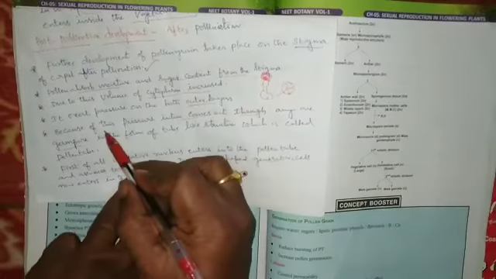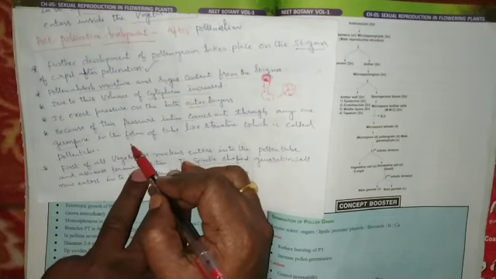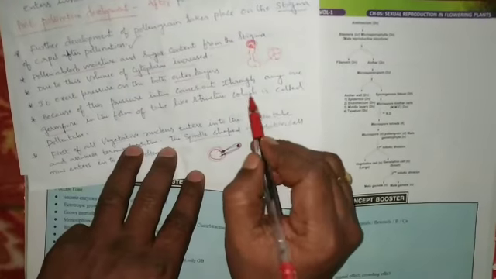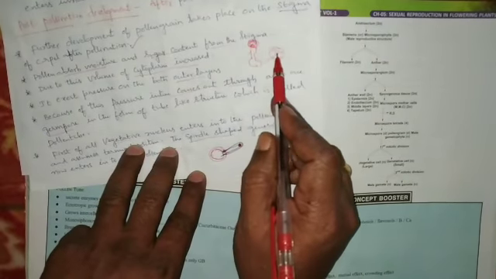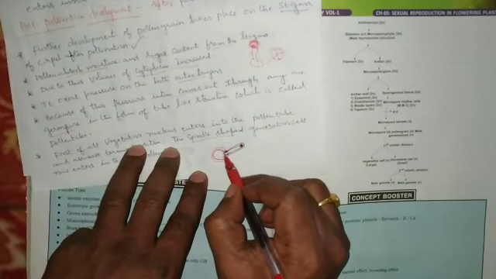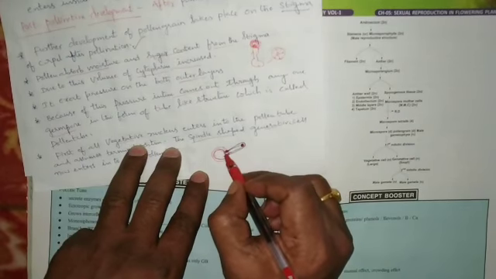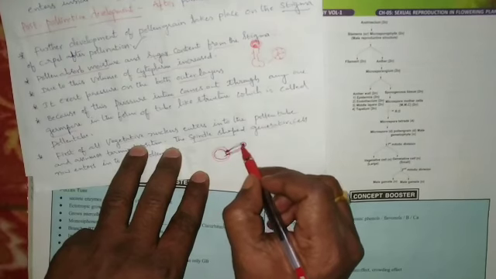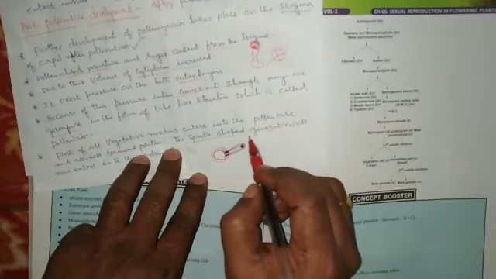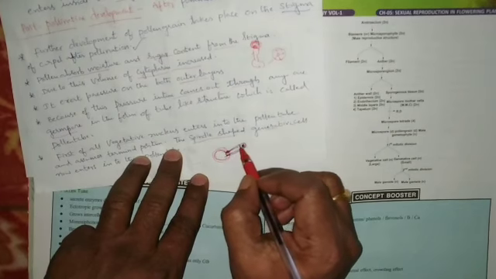Because of this pressure, the intine comes out through any one of the germ pores in the form of a tube-like structure, which is called a pollen tube. Whenever this pressure is exerted inside the pollen grain towards the wall, it pushes the inner wall, the intine, outside through the germ pore, and the tube-like structure formed is called a pollen tube. Now the pollen grain is germinated on the stigma and the pollen tube is formed.